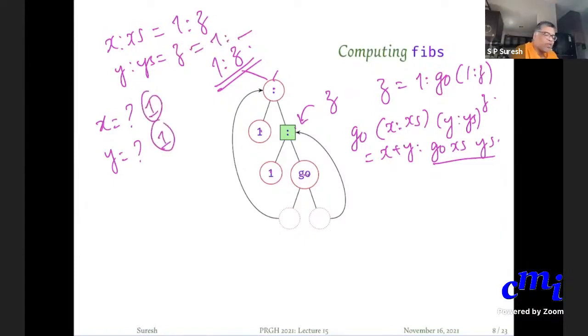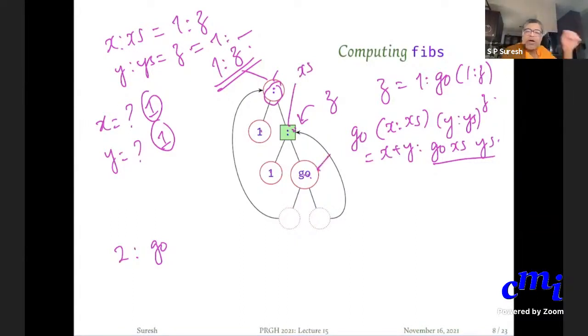So when you do this definition, x plus y will become 2. So this go will be replaced by 2 followed by go of, okay. So x colon x's is this, so what is x's? It is this. Y colon y's is this, so what is y's? It is this.